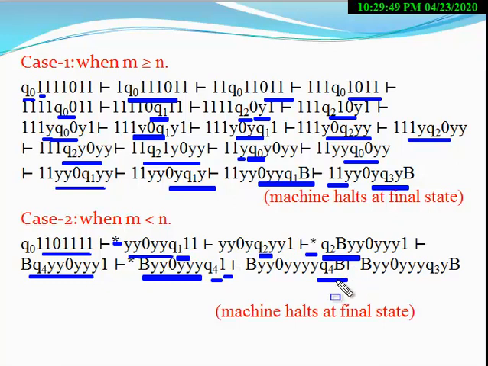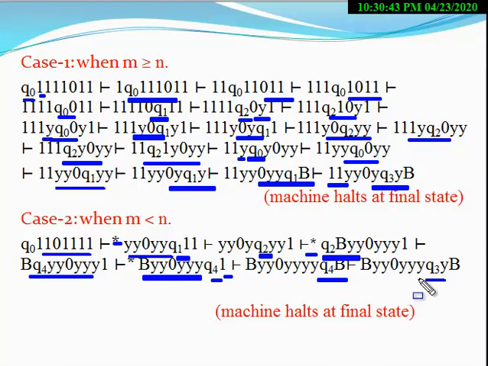As soon as blank appears at the state Q4, the machine goes to the final state, right? Here Q3 is a final state, therefore the machine moves from Q4 to Q3 state, and also moves in the left direction. So clearly the machine reaches the final state, therefore the machine halts at this state. Now you have to count the number of ones in this ID. There is no one. It means the output will be 0, right? The number of ones will be equal to the output. So clearly the number of ones is 0, therefore the output will be 0.